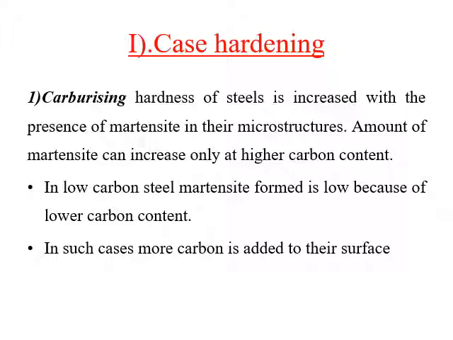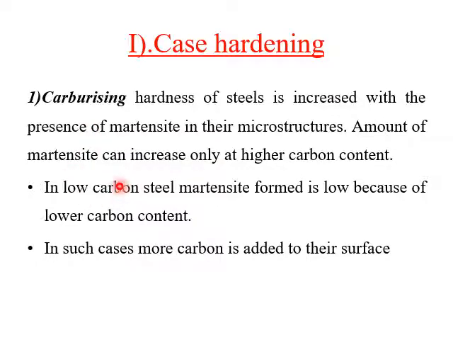The factors which affect the hardenability are the composition and the carbon content. When we increase the carbon content, the formation of martensite will be a bit faster, which leads to hardening of the surface. Carburizing is nothing but diffusing carbon atoms into the surface of the steel. By increasing the carbon percentage, the probability of forming martensite will be increased, and this diffusion of carbon atoms can be controlled with the help of temperature as well as time.